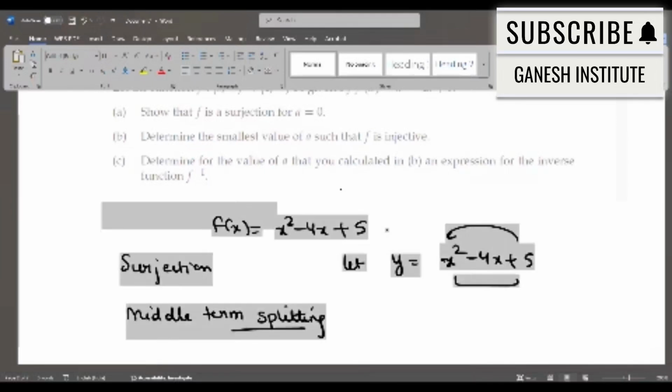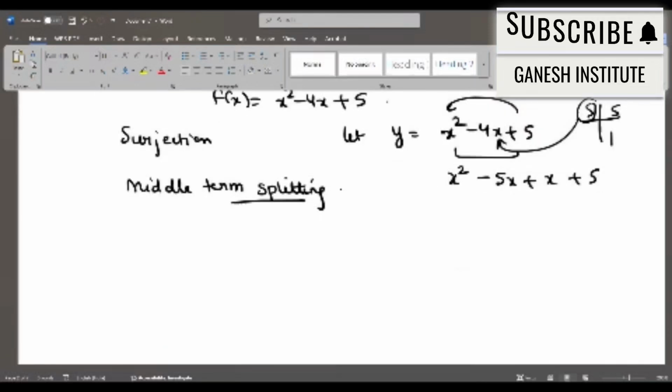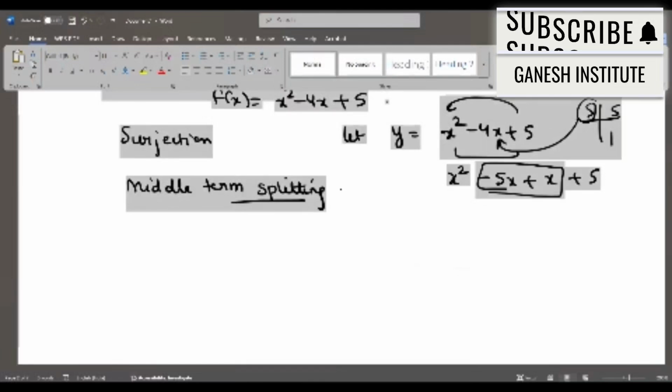You do this way. 5 ones are 5 and you take LCM. You have to make it 5. So how can you do it? This way, right? Correct? You have split it down, this minus 4x into this. Now you take common,